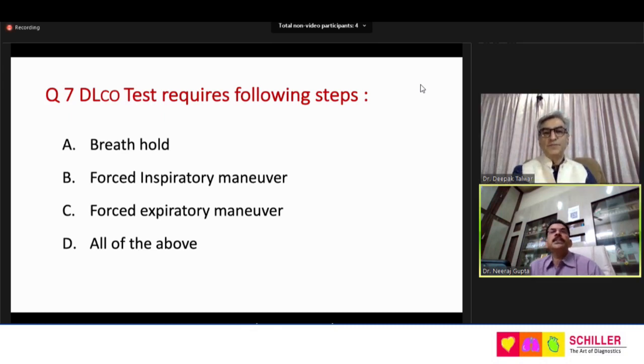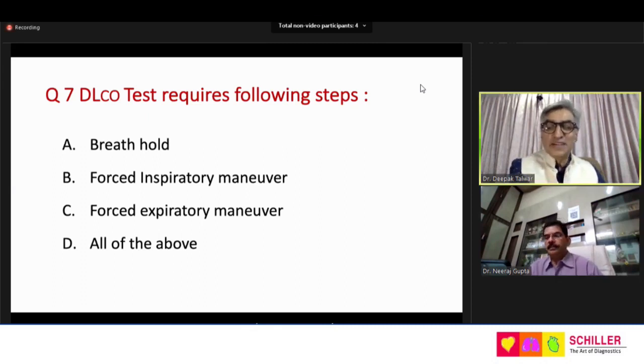Yeah, the DLCO test requires the following steps: breath hold, forced inspiratory maneuver, forced expiratory maneuver, all of the above. Those who are performing this test won't have any problem in answering this question. I think Neeraj has given a very good hint that if you do the test, you will know